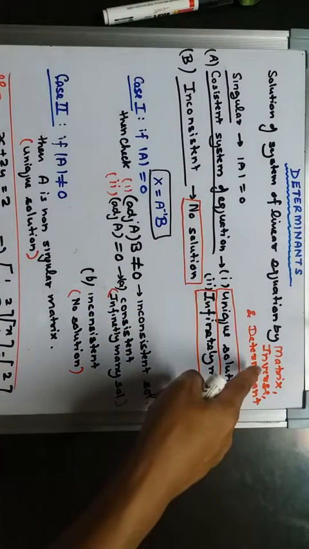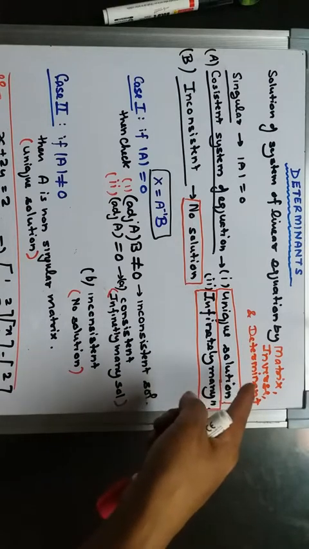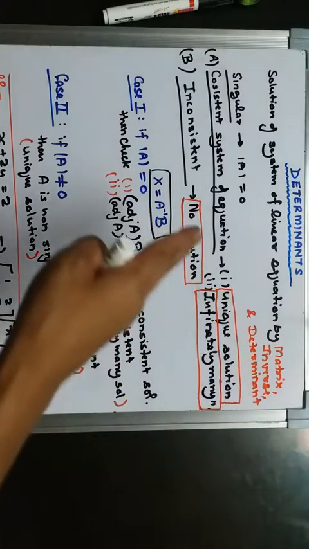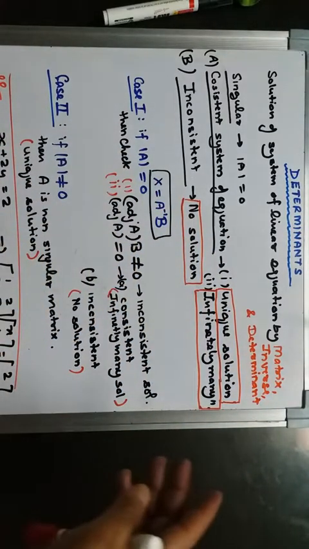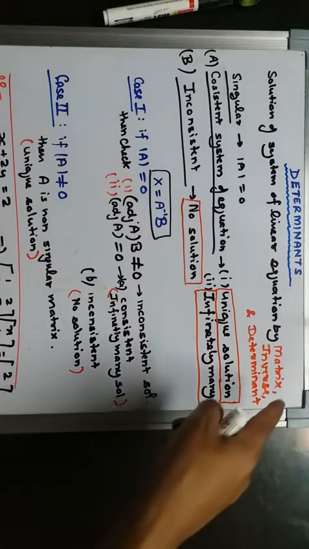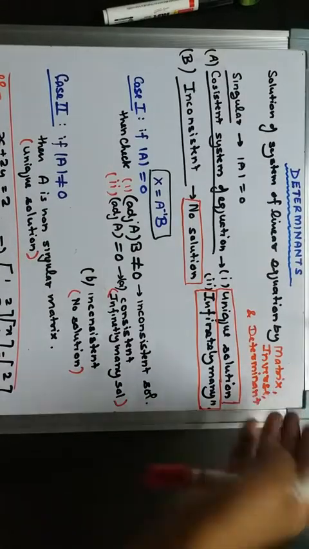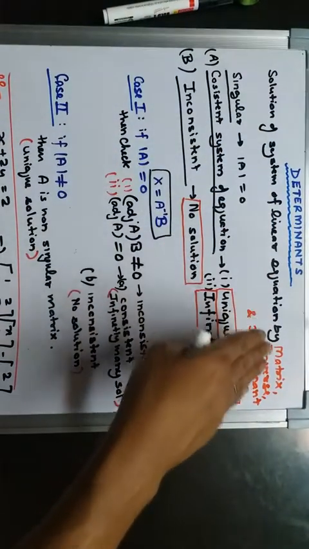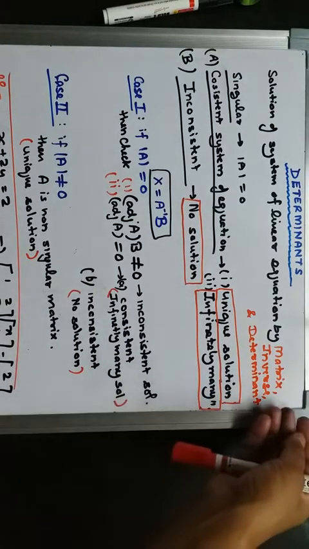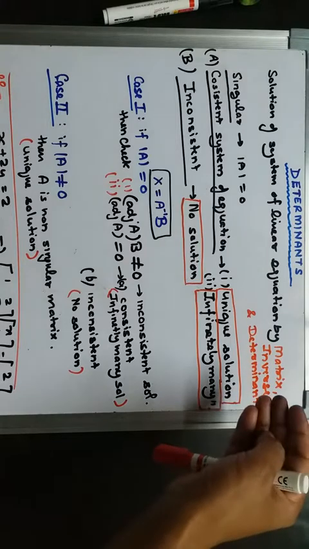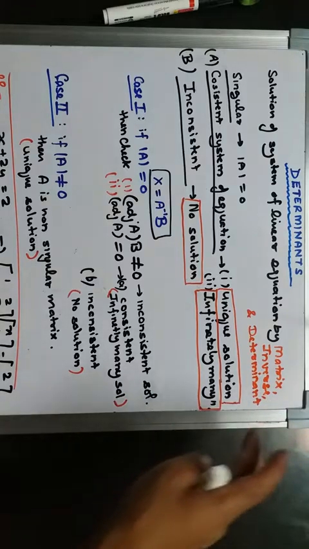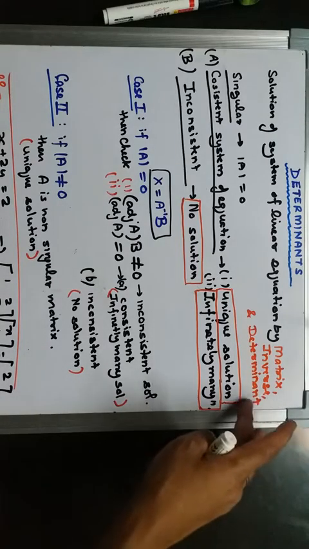And why am I using this inverse method? Because the matrix method basically involves the inverse, which we discussed in the previous video, how to take out the inverse of a matrix. So the matrix method involves finding the solution of a system of linear equations by the matrix method. The matrix method is also called Cramer's rule. It means finding the values of x, y, z by taking the inverse of the matrix using the determinant method.